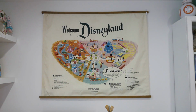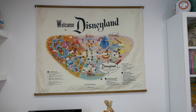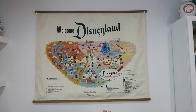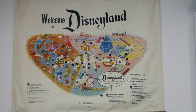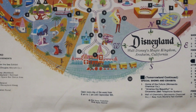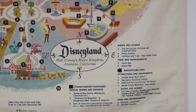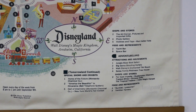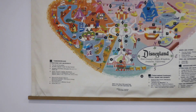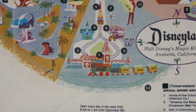And then above my desk is this amazing Disneyland opening year map. Of course it's a replica. It is fabric, and I got this from Typo as part of the Disneyland 65th anniversary range. I'm just going to zoom in. So it's this stylized look of the different lands. It is not the entire map, in that it doesn't have all of the details. It's just got Tomorrowland, Adventureland, and a bit more of Tomorrowland. So it doesn't have the entire back, which is where the writing would have been, but it's got the map, and so it's got the different opening attractions, like